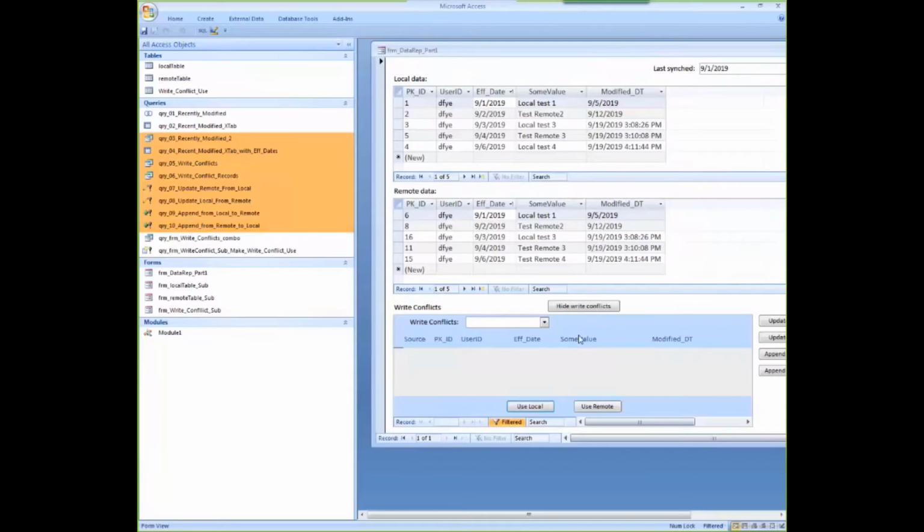I like the idea, Jack, of adding an option for like accept local all, or accept remote all, or accept most recent all. That would definitely speed up the process, and it would give you the ability to do what you're talking about, basically, which says just accept the most recent values, or accept the local ones updates.